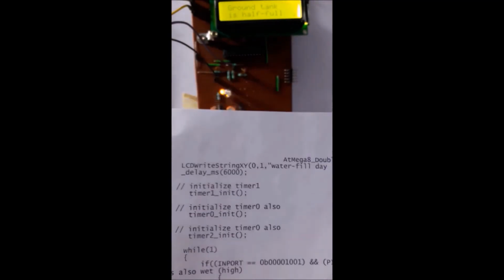Then in DDRD, pin PD0 is configured as the pump pin, an output pin, and is put low initially, so that the pump is controlled by this pin only. And these are input pins, these 4 pins here and 5 pins are input. And here in the main, the opening greeting message says this is the Mega 8 chip at work, happy water filling time. Next page, happy water fill day.